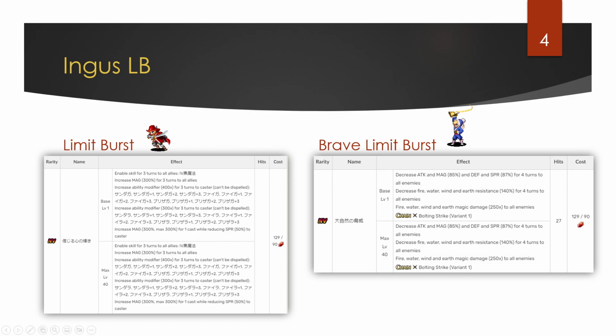The LB and SLB. The base form LB is just a supporting one. It unlocks his quadcast. It's also 300% magic boost, and it's 400x modifier increase to his Ga spells. This is Thundega. I read the Japanese out of habit. What else? Firega and yeah, the other ones. And then there is the Ra spells, which get a 300x modifier increase,